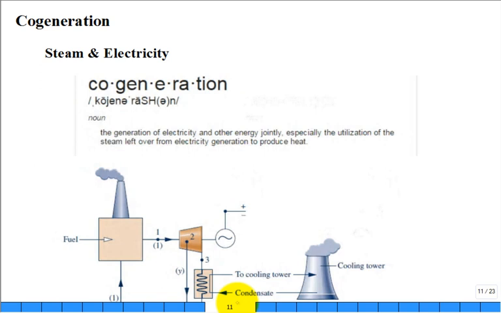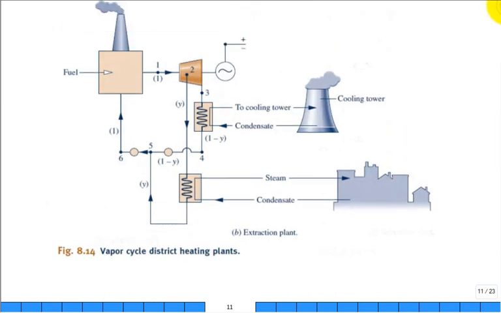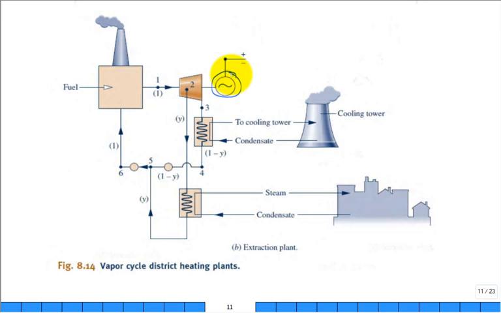Cogeneration. What does that mean? Co meaning you're doing two things of use. So you're going to make some electricity as well as use some energy for some good purpose. Now, in winter, we need heat for our buildings. And so that's what is proposed. You could have a power plant that runs and makes electricity, and it